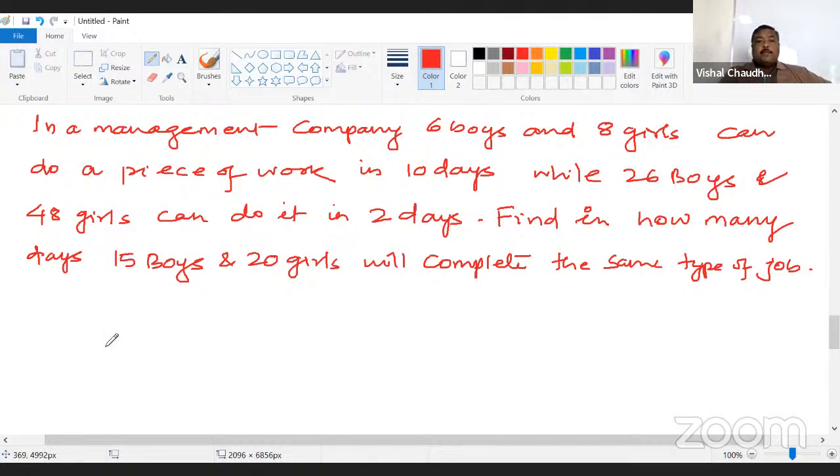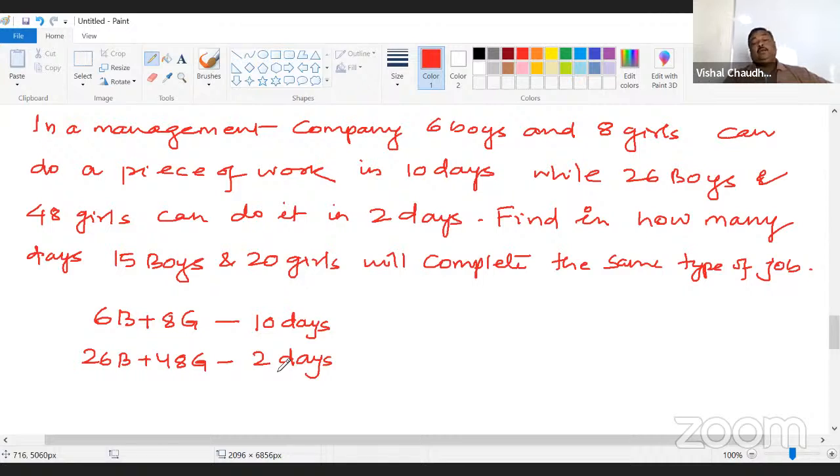क्वेश्चन ये कह रहा है कि 6 बॉयज और 8 गर्ल्स किसी जॉब को 10 दिन में कर सकते हैं। फिर 26 बॉयज और 48 गर्ल्स इसी जॉब को 2 दिन में कर सकते हैं। सबसे बड़ी प्रॉब्लम यहाँ इफिशियंसी की हो जाती है। हम इफिशियंसी कैसे निकालें? नंबर ऑफ डेज और नंबर ऑफ पीपल इनवर्सली प्रोपोर्शनल होते हैं, इजंट इट? हम इसी चीज का फायदा उठाएंगे।